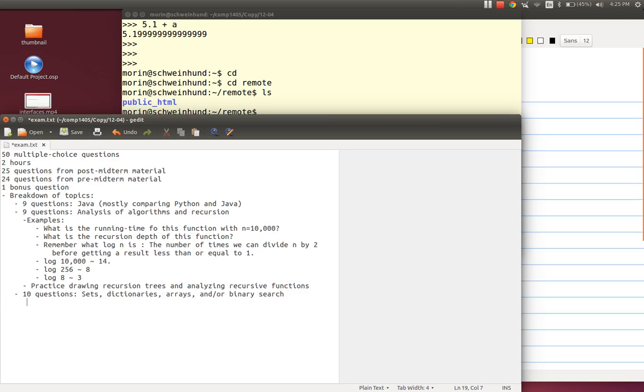So, things to remember. Sets and dictionaries can look up values in constant time. It doesn't matter how big the set or dictionary is, you can look for any value in that set or dictionary in constant time.